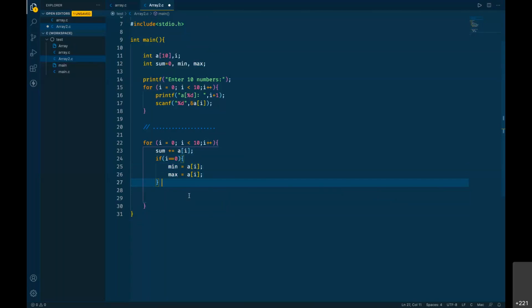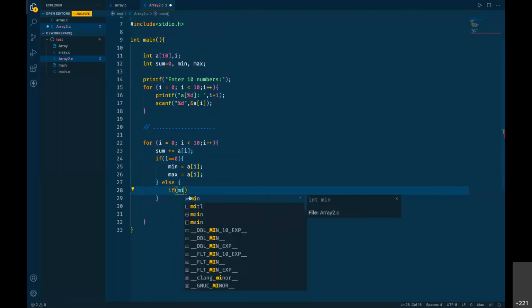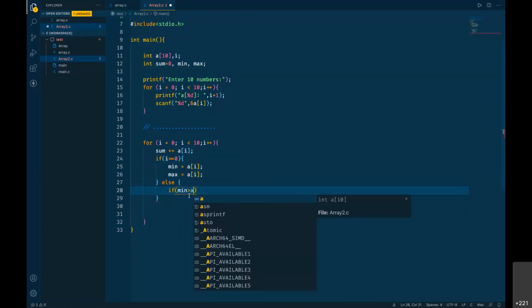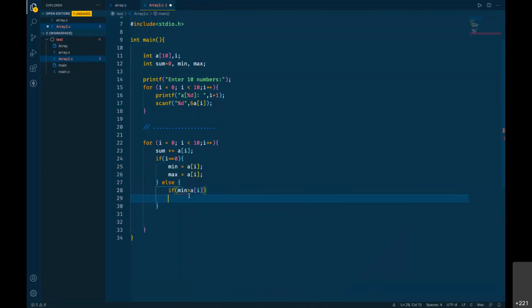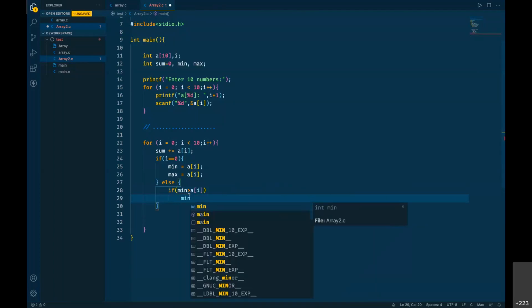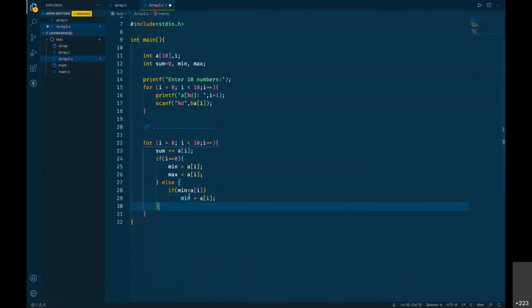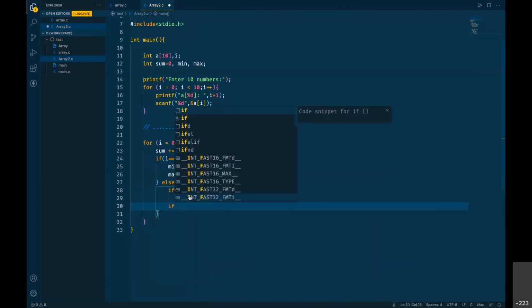Let's say in the else part, again, we need to have two conditions. If the current min is greater than a of i, then you found a new minimum, so update your min equals to a of i. Okay. And in the same way, another if condition to find out max.